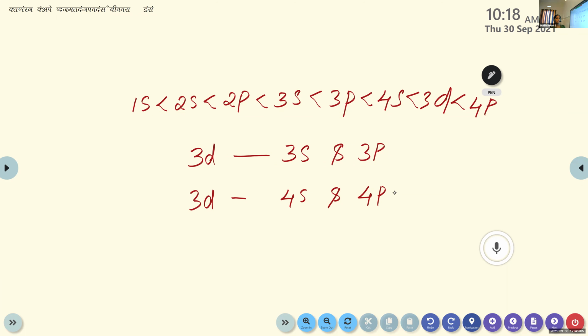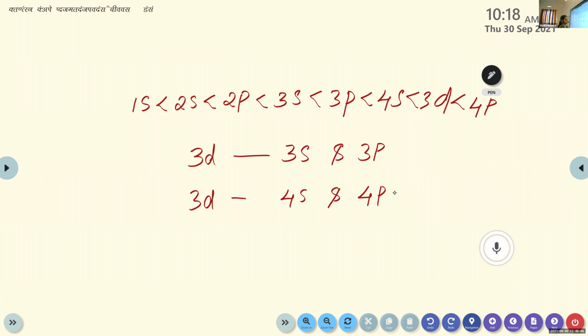The important condition for this hybridization is that they have almost similar energy, right? So this 3d can compare its energy with 3s and 3p, and again, this 3d can compare its energy with 4s and 4p. They are almost equal in energy. So based upon these concepts, there are different types of hybridization involving the combination of s, p, and d orbitals: 3s, 3p, and 3d, again 4s, 4p, and 3d orbitals. Clear, children? Yes.